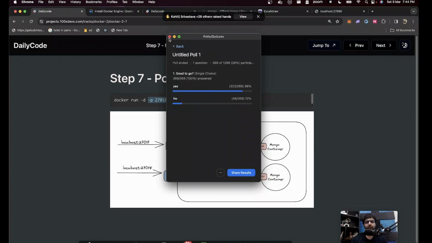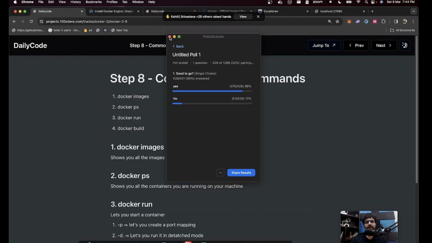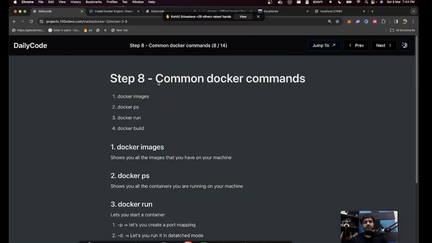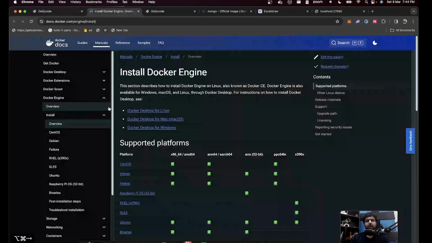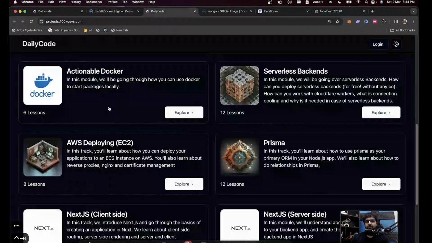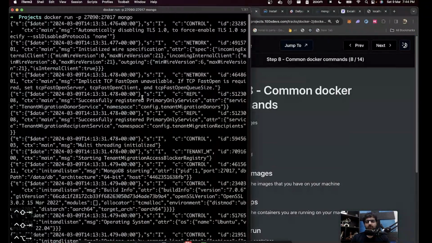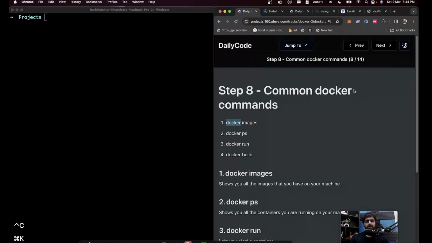All right, beautiful. So let's proceed in that case to some common Docker commands now that I've been writing on my side, but you guys maybe have not written. So let's look at the CLI, explore it a little bit, and see what commands are commonly used when you're using Docker locally. All right. So I would urge you to open your terminal now and run some commands with me.